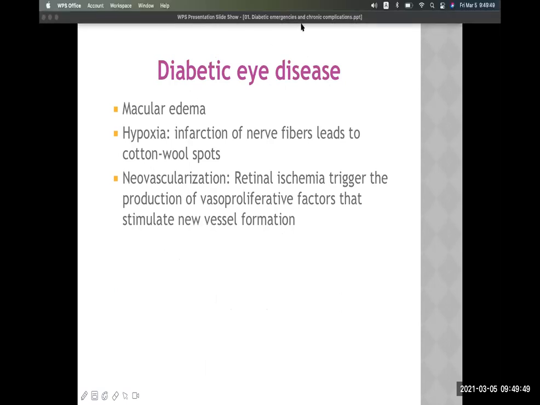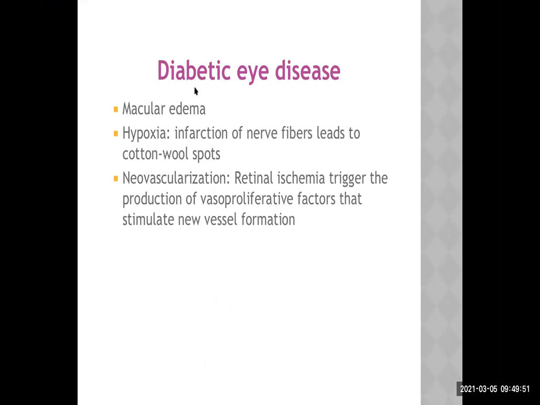Now, another important mechanism here is macular edema. Now, the macula, okay, is the area in the retina which is responsible for acute vision, which is responsible for sharp vision. If there is edema formation in the macula, which is very common in a case of diabetic retinopathy, then the person will lose the vision. So this is one of the very important causes of loss of vision in diabetes.